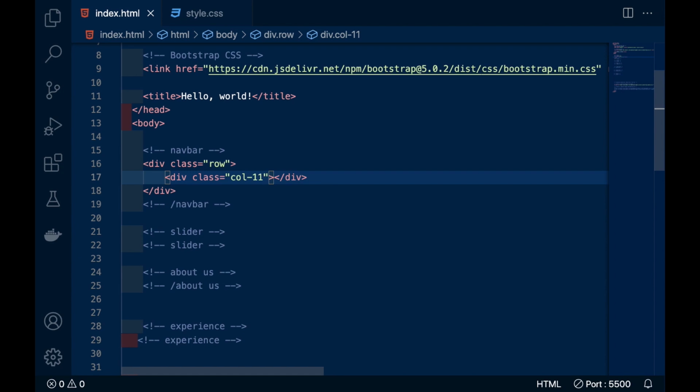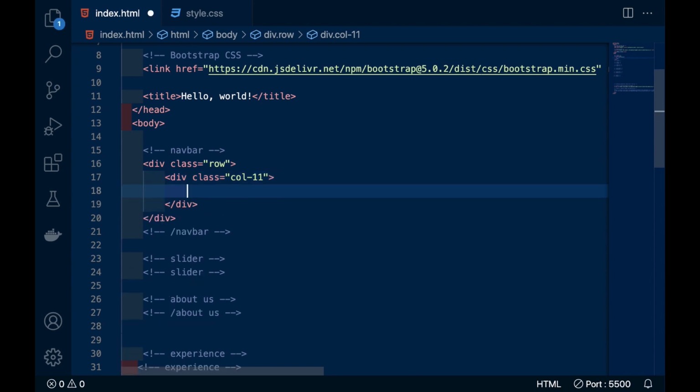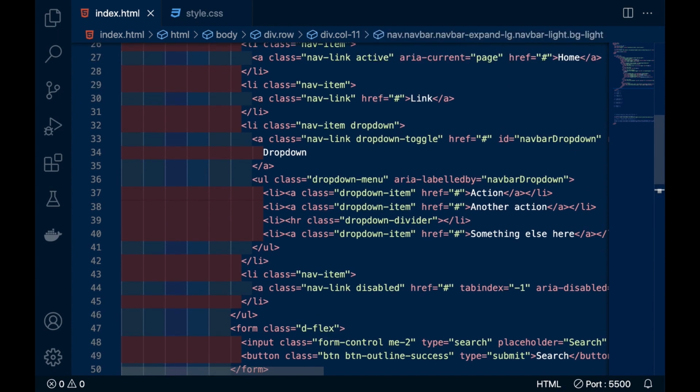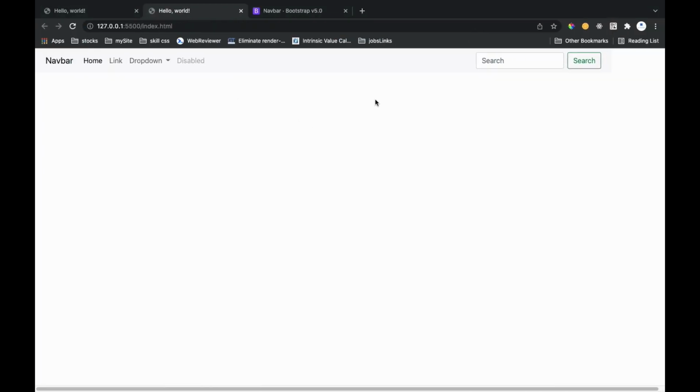One column is left, so our width will be reduced by one column according to our screen. Inside this I will paste our navbar. If you see from the last point, you can see we got this much gap. This is the one column that we have left, and from here till here it is 11 columns.